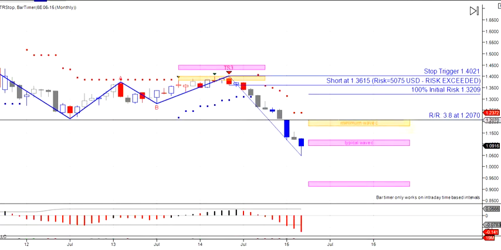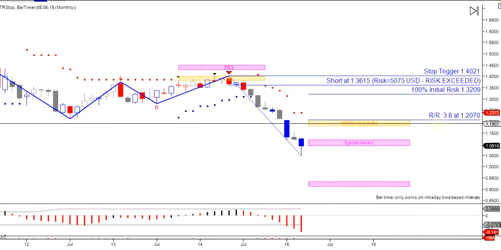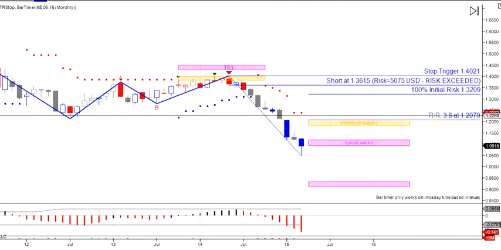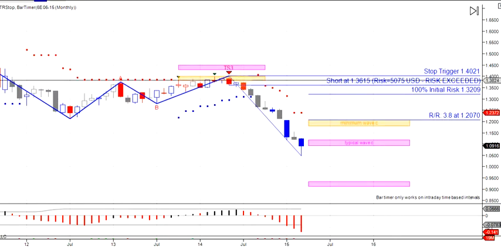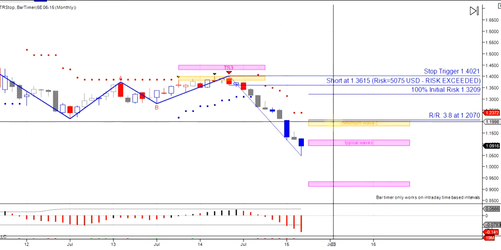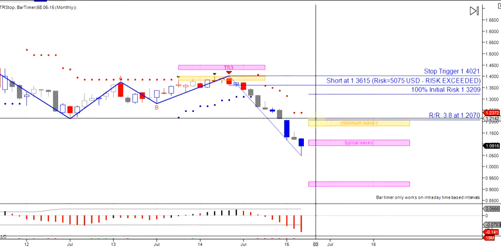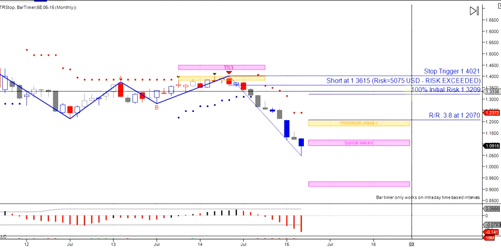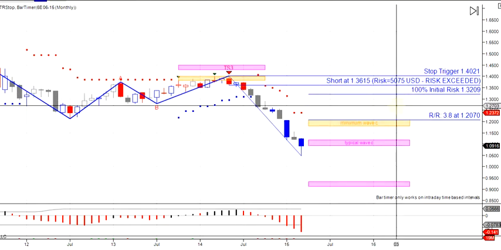It's showing the minimum target 3.8 to 1 reward to risk. So your risk is here, your reward is the distance between the takeout point and the target. So that's pretty good. You can see here for the size of the account that I've got listed here,